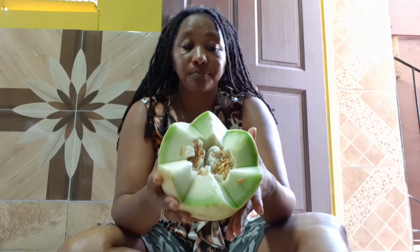Alright, so let's talk about the health benefits of the honeydew melon. So in addition to the hydration and the electrolytes, the honeydew also has a lot of nutrients, lots of vitamin C, vitamin B6,